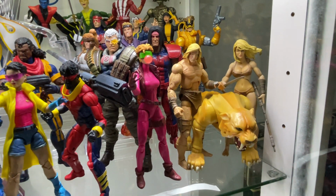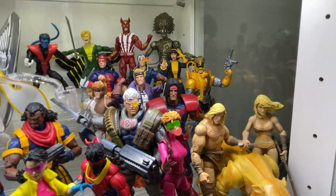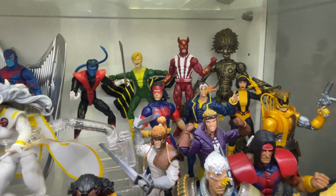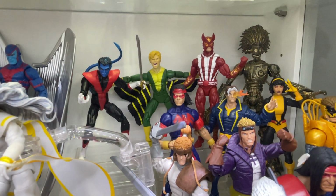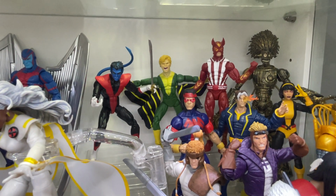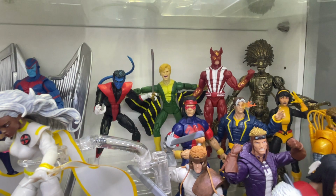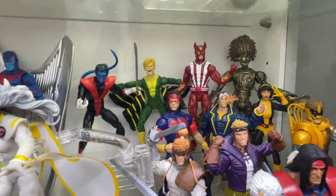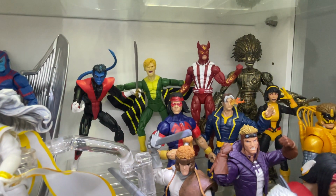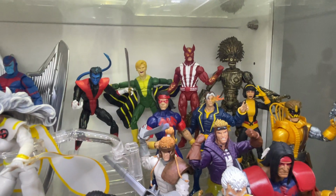Here's a Savage Land squad, Ka-Zar, Shanna, and Zabu. And also I put here Nightcrawler. I can't wait to get the new Excalibur box set, the upcoming one. I hope that they're going to bring us Shadowcat alongside Captain Britain, Meggan and Rachel as well in there. So I put him alongside his teammates from the Giant-Size here: Banshee, Sunspot,